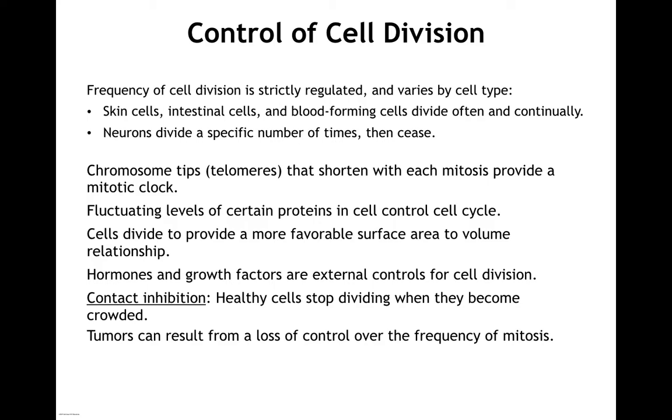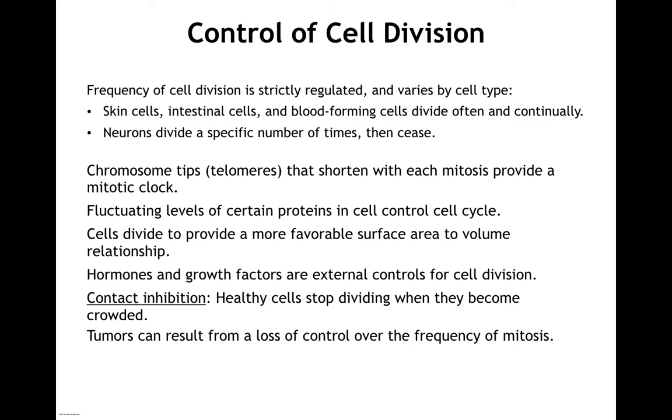That is going to be very strictly regulated. It depends on the cell type. Some are better at it than others. Some do not divide. Things like skin cells, intestinal cells, and our blood-forming cells are constantly dividing. The end of each one of those chromosomes has a structure on it called a telomere, and the length of that telomere is pretty predictive of how many times a cell has divided. So it's pretty good evidence that the shortening of telomeres is contributing at least to age and contributing to the number of times that a cell can divide.